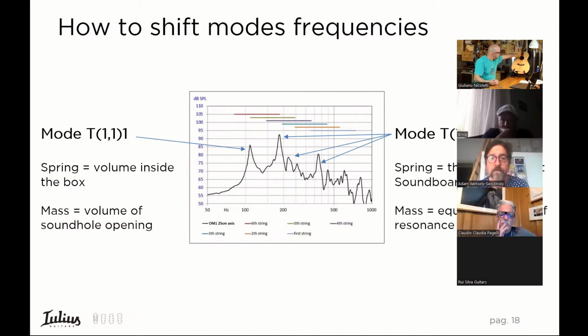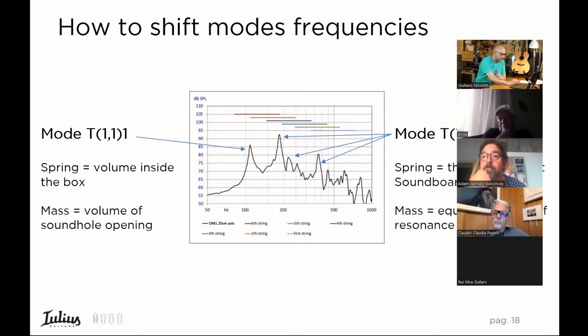You can make it deeper, bigger, or smaller. In this case, for example, you see the white ring inside. Maybe you don't see, but I added a black and white purfling to reduce the dimension of the hole a little bit and to tune the resonance frequency exactly to 106,